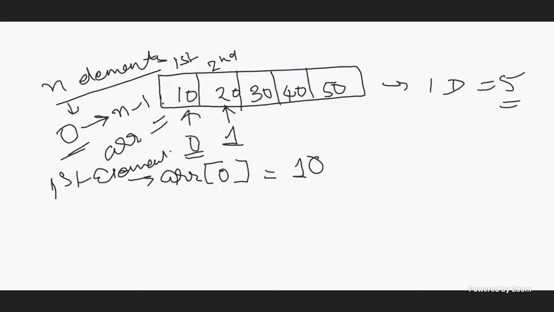So remember guys, don't get confused when I say second element: it means my index is 1. When I say third element, my index is 2, and so on and so forth.